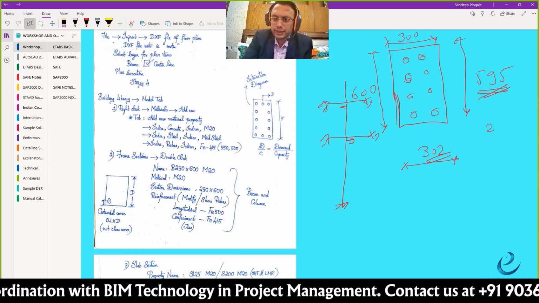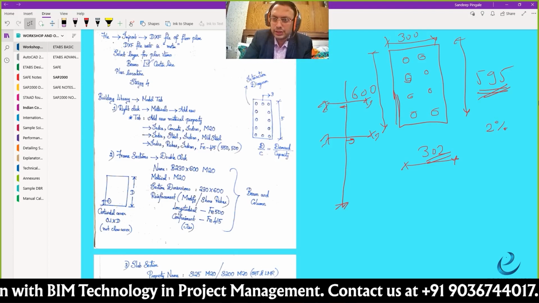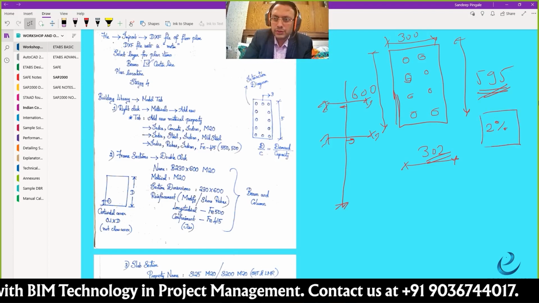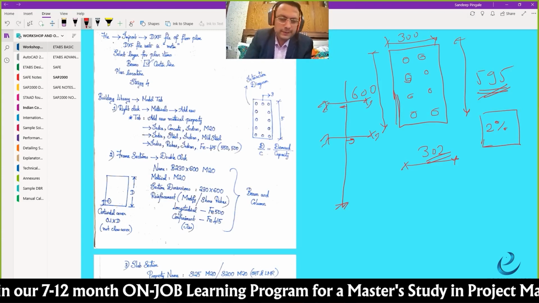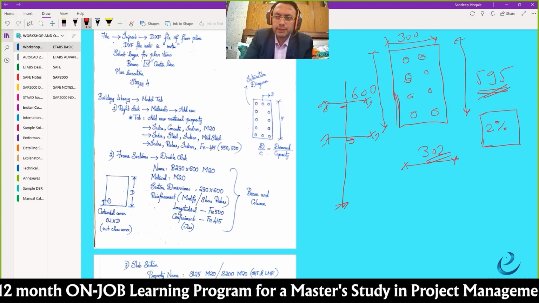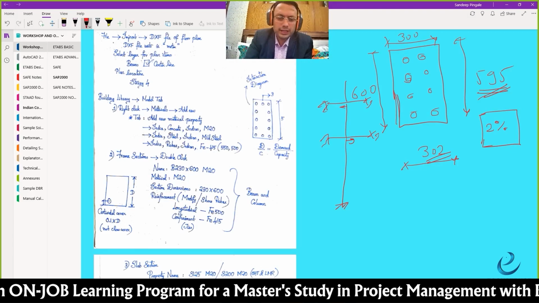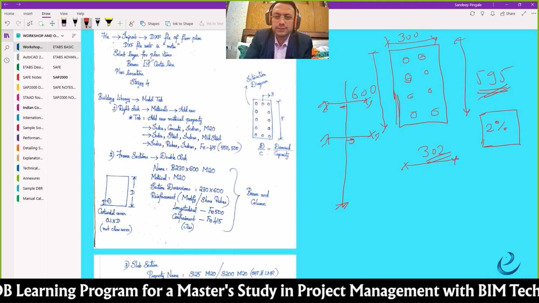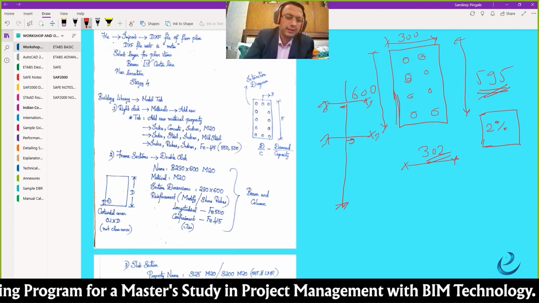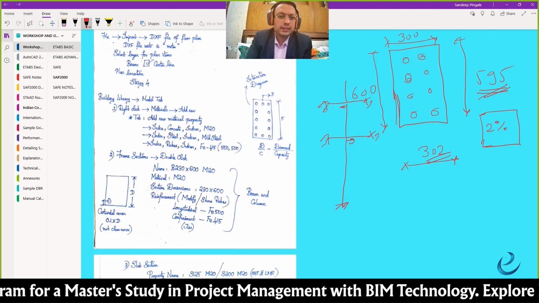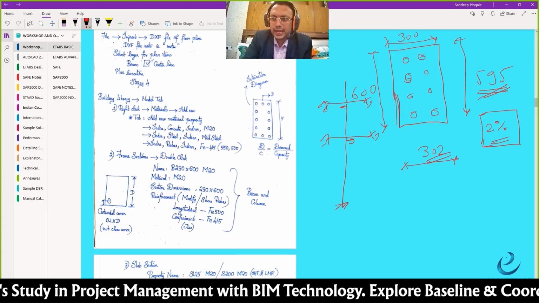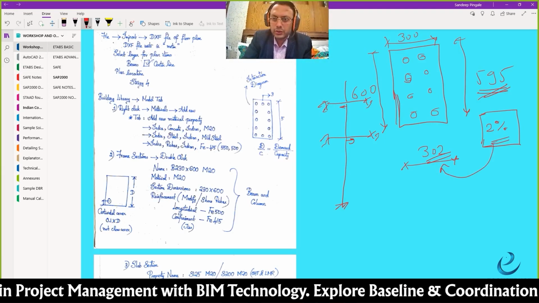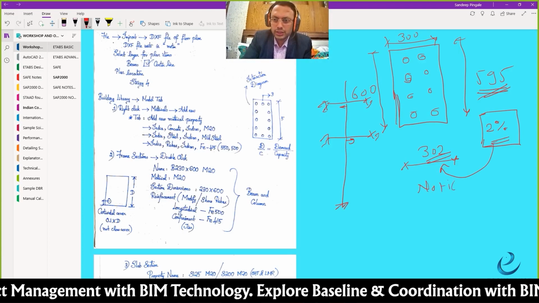So that is generally 2%. If you have worked on the site, you will see that there is a vestige of 2% allowed. Why? Because as a human error, 2% is something which is okay, as per the IS standard norms. So that 2% is getting calibrated in the load case, which is called the notional